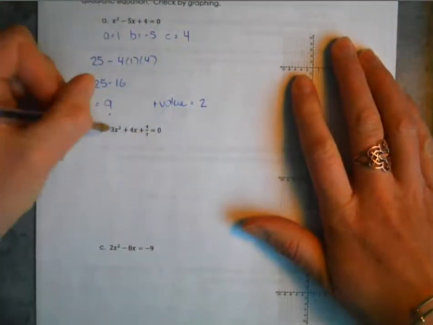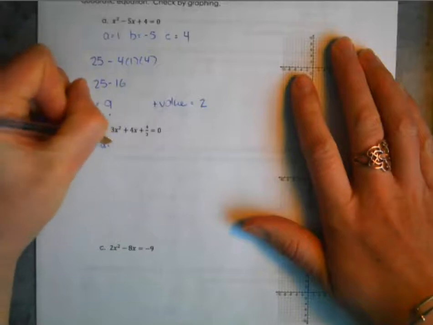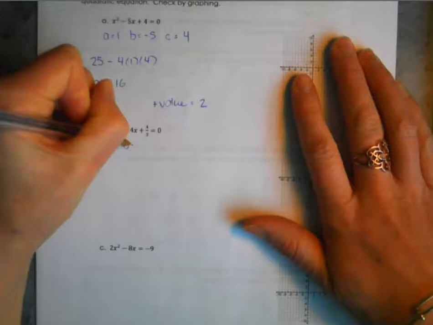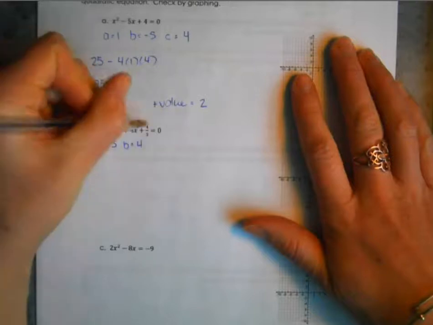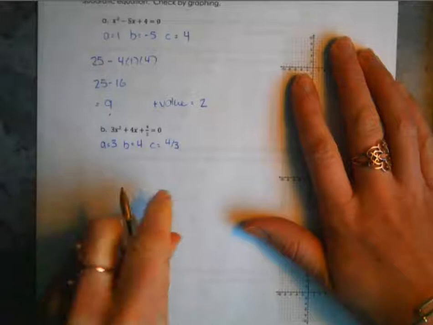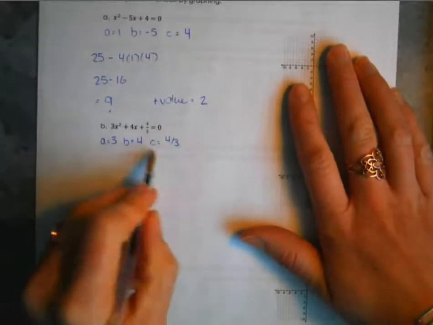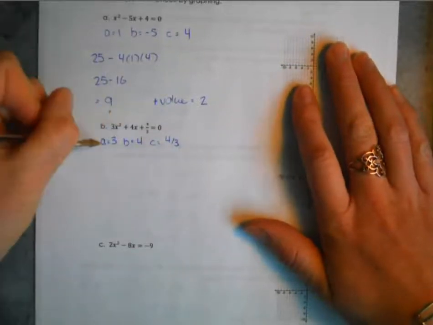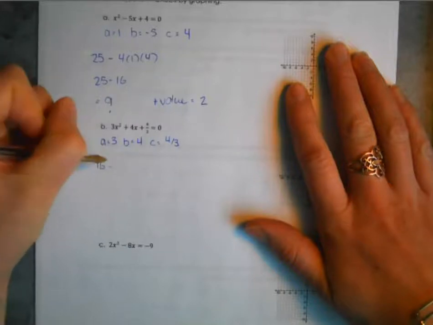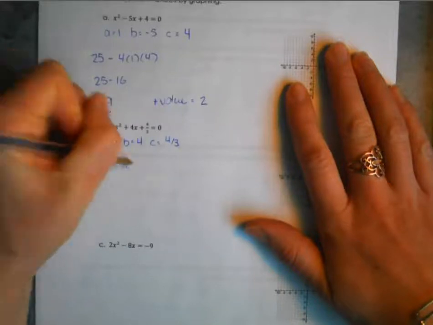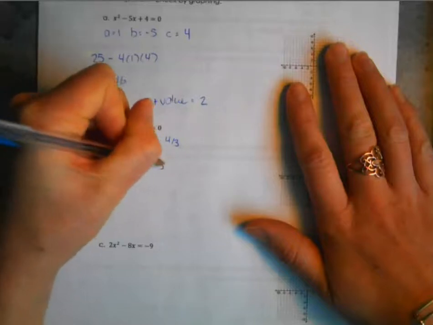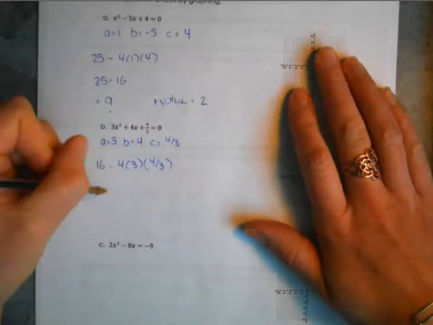Let's have a look at this next one here. So this time we actually have a value of 3, and b, well I guess 1 is a value, but you know what I mean. And then c is 4/3. Okay, so don't get scared off by the fraction, just carry on the way you normally would. So b squared is 16 minus 4 times a, which is 3, times c, which is 4/3, which is going to give us